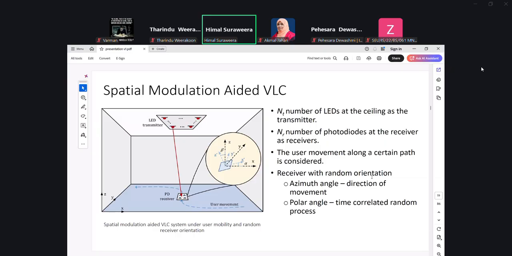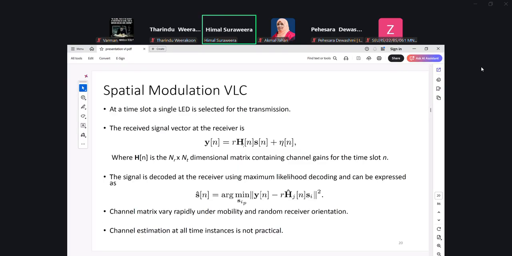Since the orientation of the receiver changes, the detection happens in this way. We have the received signal, the channel H, and this is the transmitted signal S N. By estimating the channel H, you can use this metric, called maximum likelihood decoding,